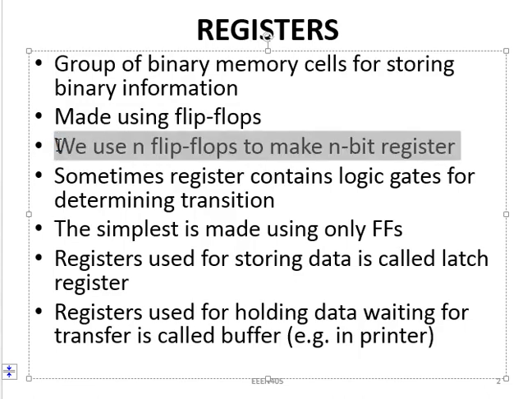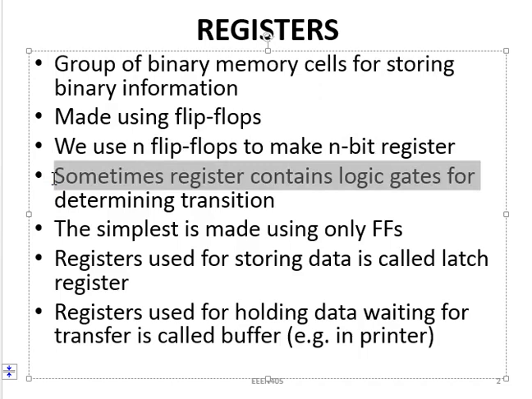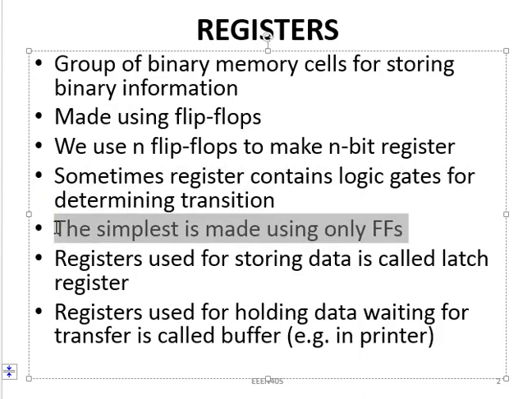So whenever we want to make an n-bit register, we have to use n flip-flops, because each flip-flop can store a single bit of information. And sometimes these registers are designed containing flip-flops and logic gates, and the function of the logic gates is to determine the transition of data from one level to another or from one form to another. And of course, the simplest type of registers are made using flip-flops only, and these registers